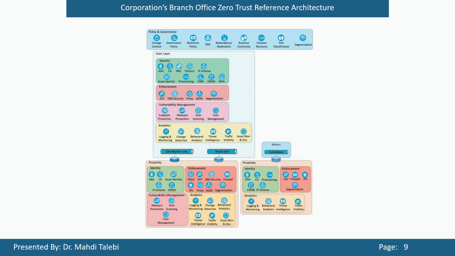Techniques such as SOAR, security orchestration, automated response, implement automated responses to threats, reducing the time attackers are within the network. Vulnerability management is integral, involving regular endpoint protection and malware scanning. This layer's proactive approach aids in identifying potential vulnerabilities before they can be exploited, providing an ongoing assessment and management